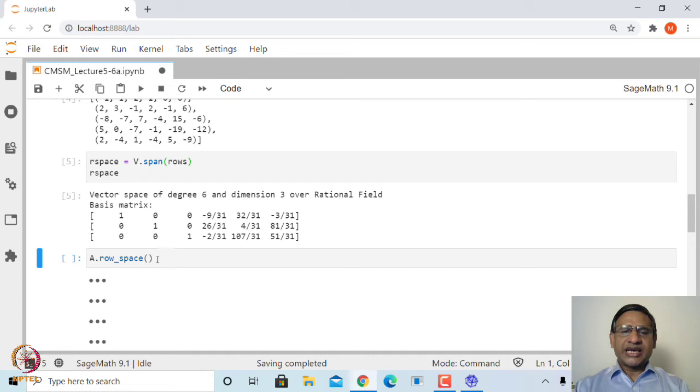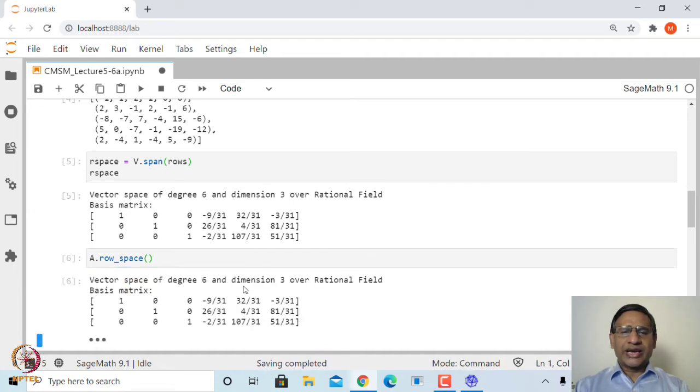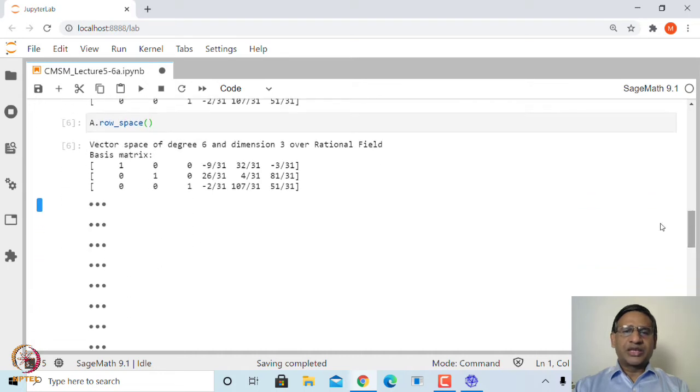So, we can apply RREF on rows and also get the subspace. However, Sage has an inbuilt function to find the row space. You can simply use A.row_space. When you do that, you will get a subspace of a particular dimension and degree. You can see here that both these subspaces, obtained by V.span and by the inbuilt function row_space, are the same.